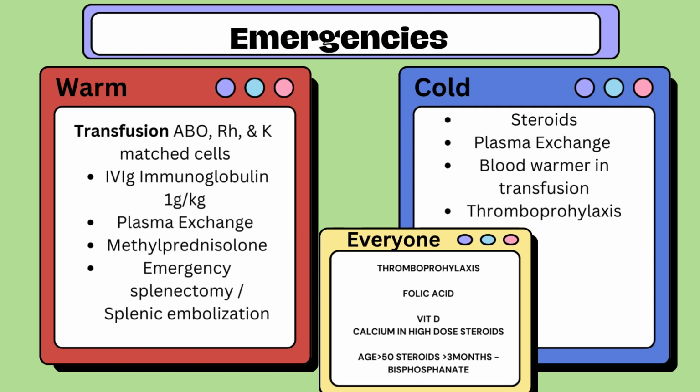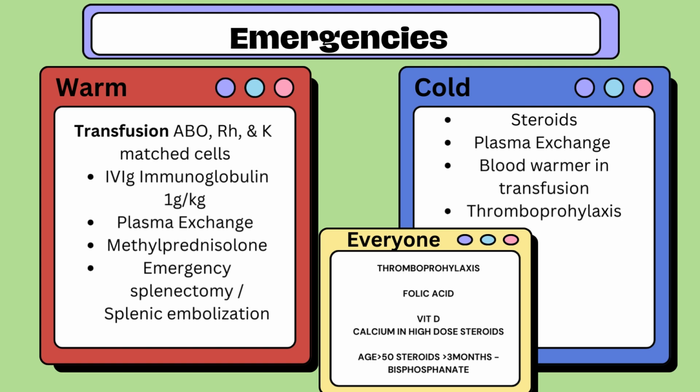Methylprednisolone, again, is immunosuppression to reduce the effects of IgG autoantibodies. In patients who are severely transfusion dependent, who haven't responded to immunosuppression, may require an urgent splenectomy. The spleen is getting rid of the red cells. If the patient is too hemodynamically unstable, you could consider an embolization instead. And then you should arrange for them to be vaccinated 14 days after the splenectomy, because functional antibody responses are